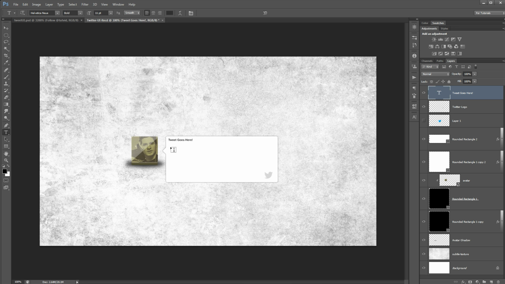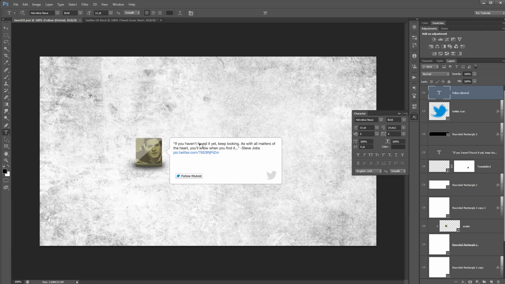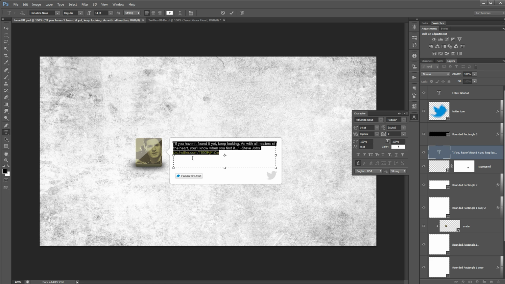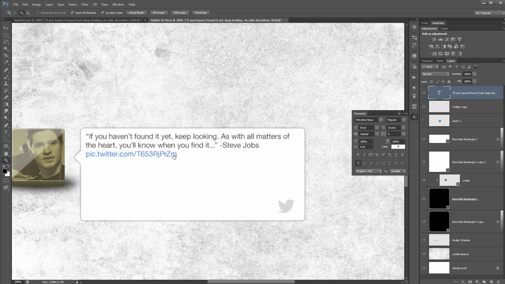And I kind of like it. I want to get some real text, though, for it. So let me just jump over here to this document, and I have this text here, this quote from Steve Jobs with a bogus TwitPic link. So I'm just going to copy that, and I'm going to come over here and paste it in, and there we go. So I'm going to commit those changes, and I think actually it's just a little bit too big,